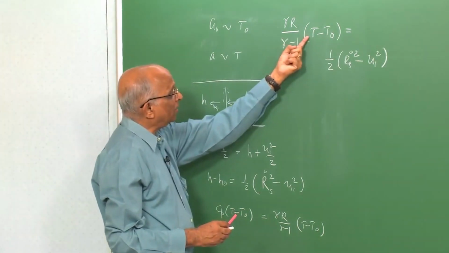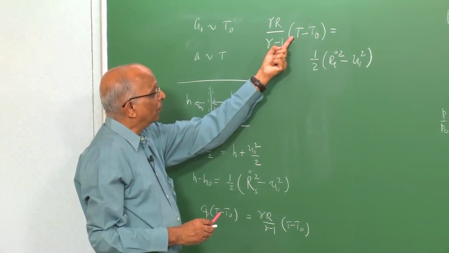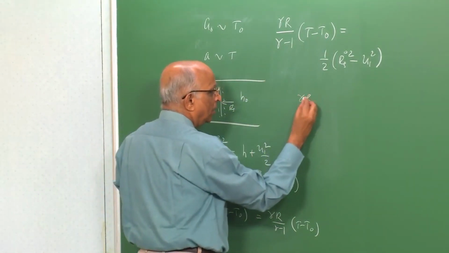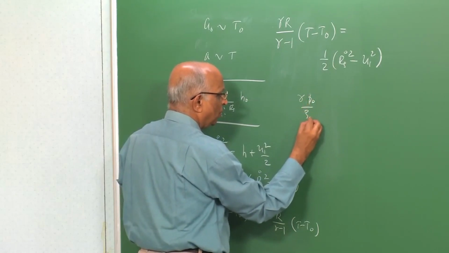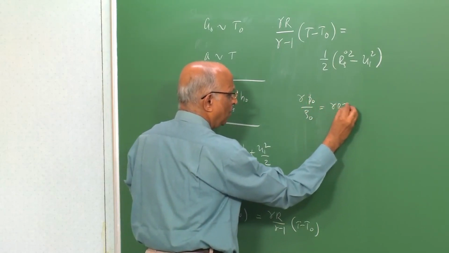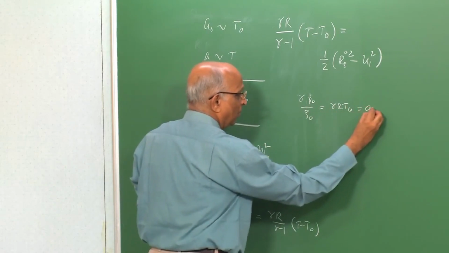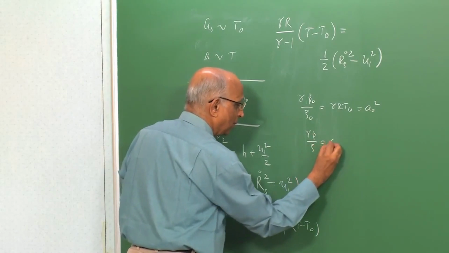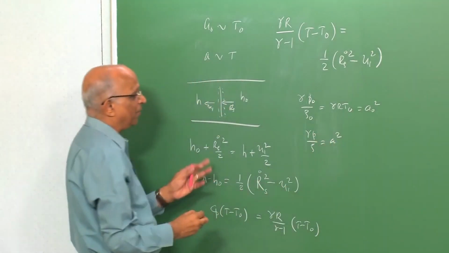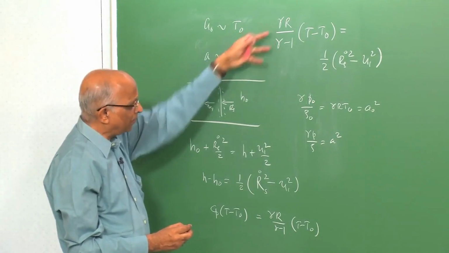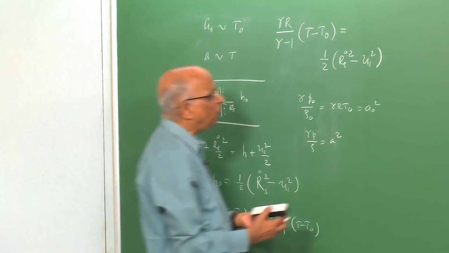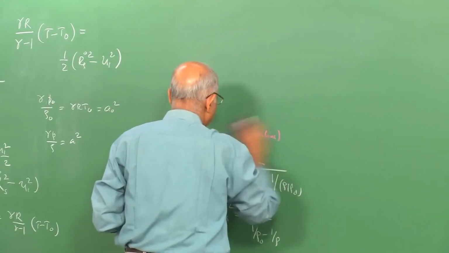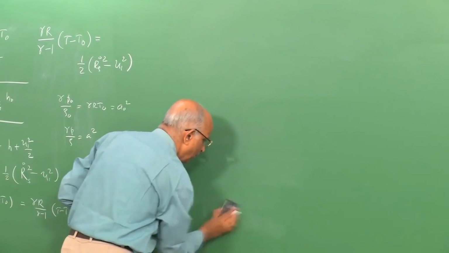I know well gamma P 0 by rho 0 is equal to gamma R T 0, and this is equal to the value of the sound speed in the free stream medium squared. I have gamma P by rho, which is equal to A squared, gamma R T, which is equal to A squared behind it, and therefore this particular expression can now be rewritten in the following form. Let me rub it out. We are not doing the shock Hugoniot now, we are trying to get an explicit relation between P by P 0,